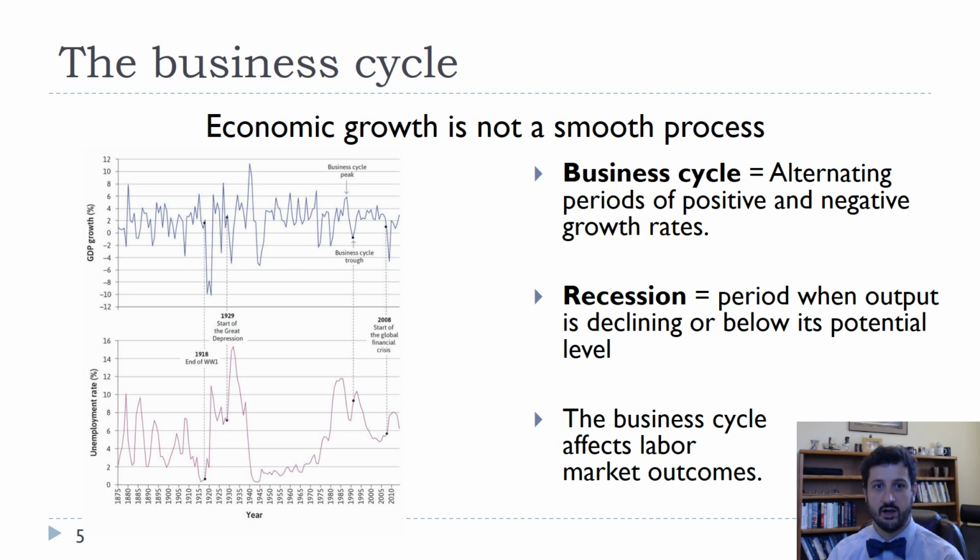So we saw in the last graph that even though we had experienced really significant growth in GDP per capita, it's not a completely smooth process. And so we have ups and downs both in terms of GDP growth and also in terms of the unemployment rate. So the graph on the left here gives us the GDP growth rate and unemployment rate for the United Kingdom. And the business cycle is the term that we use to explain and describe these ups and downs in terms of GDP growth and unemployment.